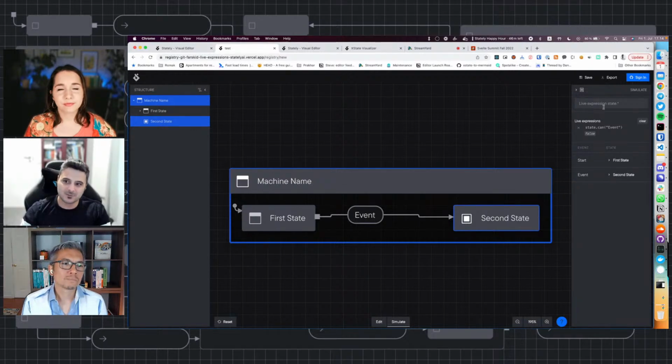We're thinking about improvements to the UI, maybe show a slice of the history of the commands that you've used before, find a way to persist these live expressions, maybe temporarily to local storage. Nobody wants them saved on the diagram itself. And I don't know, maybe some sort of low-code way of providing these sort of APIs. Maybe if a non-developer is working with the Stately editor, they don't want to know the XState API at all to be able to make these queries, or not even try to guess them if they know them.